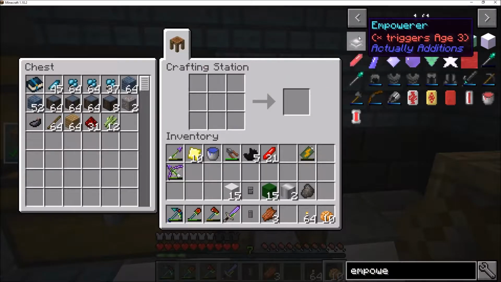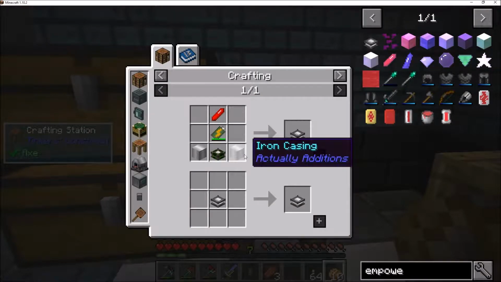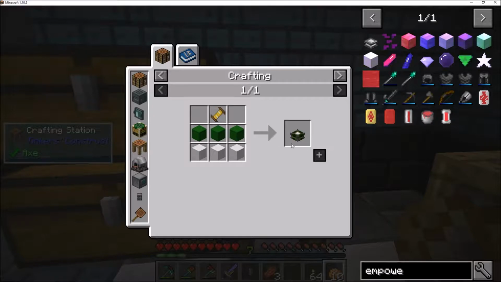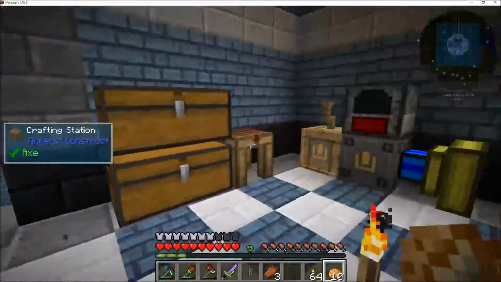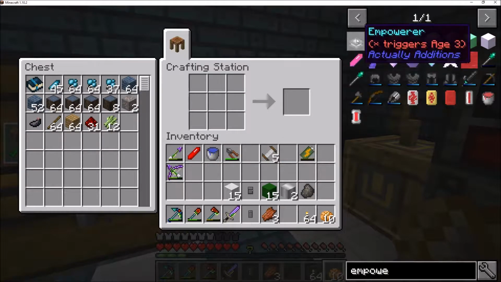Okay. Enough complaining. So I've made 2 of these iron casings already. You know how to make those. Okay, I've made those a few times. The display stands, however, we're going to need 5 of these. So let's make 5 of these. So we're going to need 5 more of those. Good. Okay, and then we're going to surround those with the gold